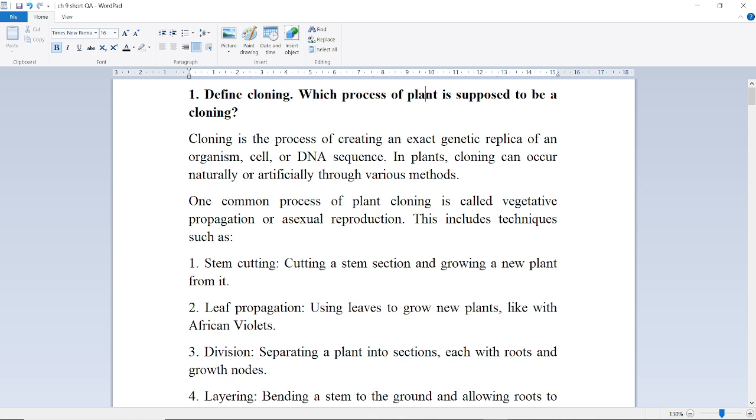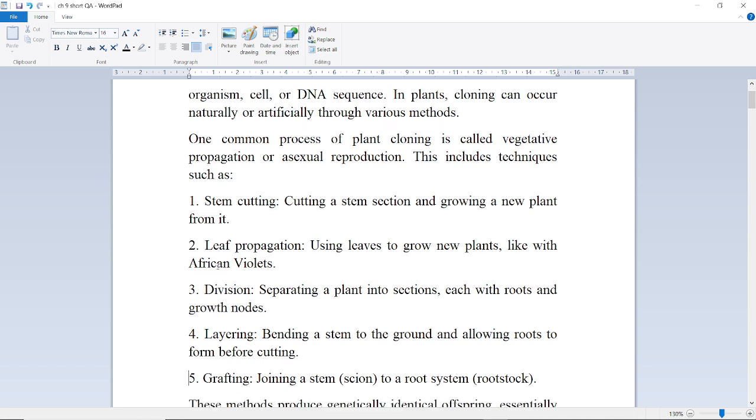This includes techniques such as stem cutting, cutting a stem section and growing a new plant from it. Next is leaf propagation, using leaves to grow new plants like with African violets. Next is division, separating a plant into sections, each with roots and growth nodes. Next is layering, bending a stem to the ground and allowing roots to